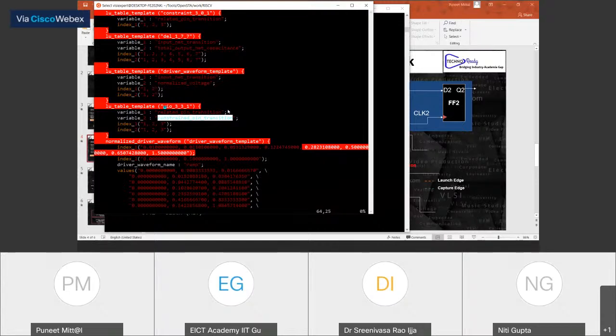So if you change the transition time of the signal at the D pin, it is going to change the setup time and the hold time also. Similarly, if you change the transition time of your clock, your setup and hold time are going to change. Is it clear now?